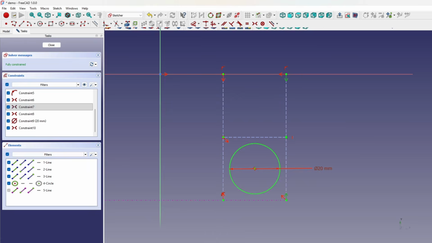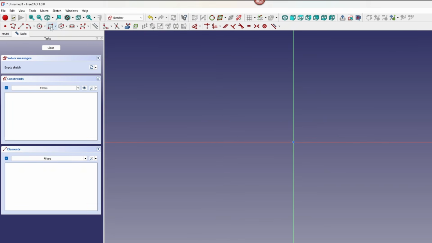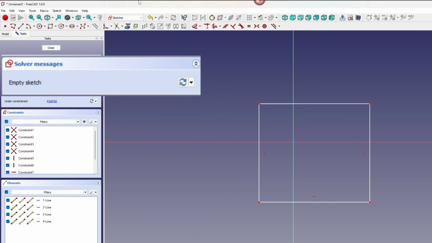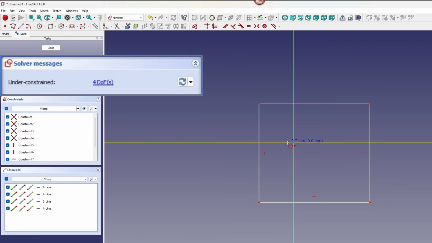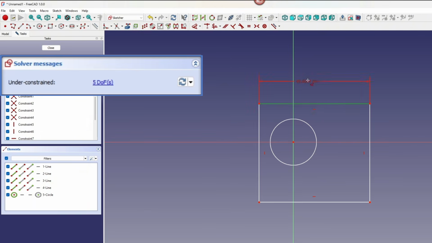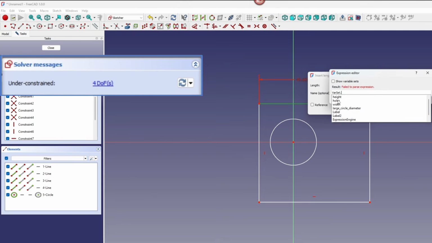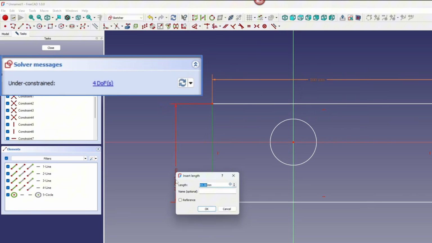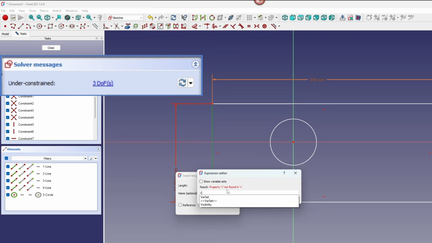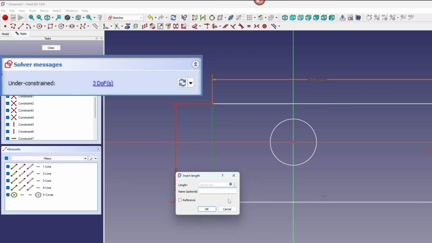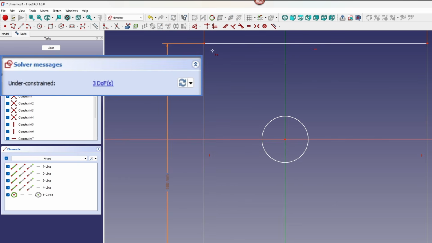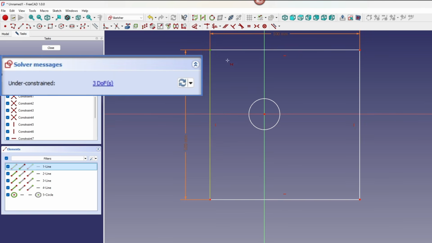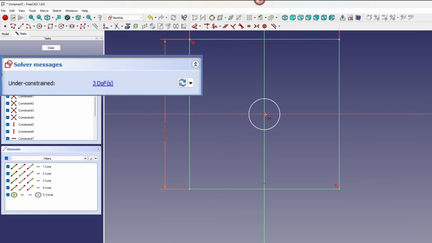Light theory, degrees of freedom, and stuck geometry. Think of the degrees of freedom counter as the sketch's tiny heartbeat, ticking down with every rule you apply. Each constraint closes a door, removes a wiggle, and shuts down one more sneaky escape route. When the solver throws shade with redundant or over-constrained, it usually means we have stacked too many laws on one poor piece of geometry. Back in parts 2 and 3, we met degrees of freedom, so here is the quick